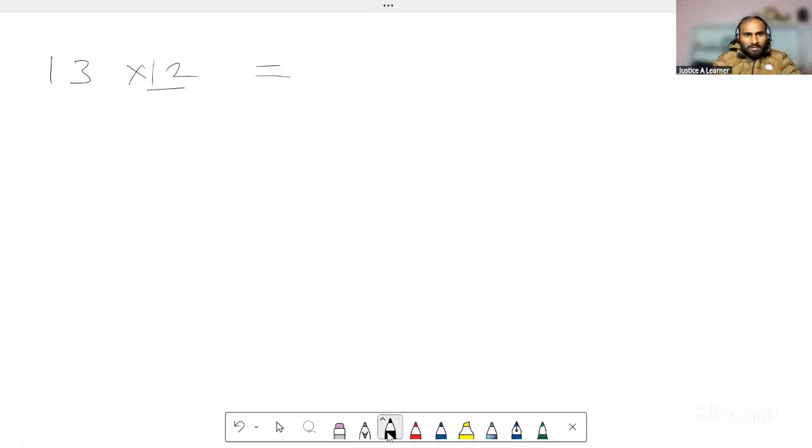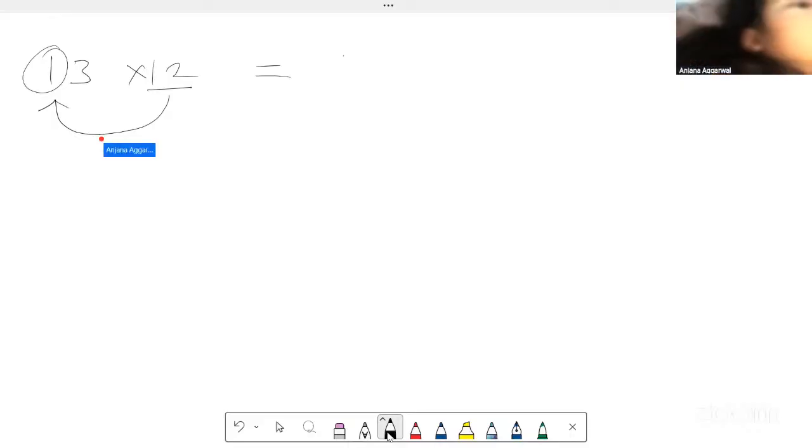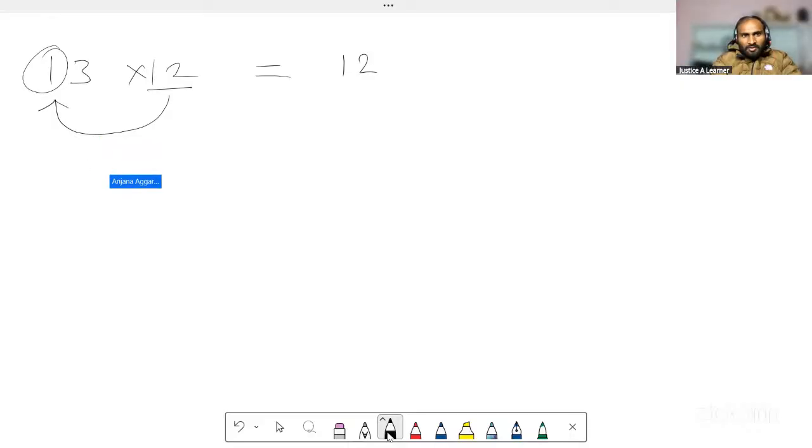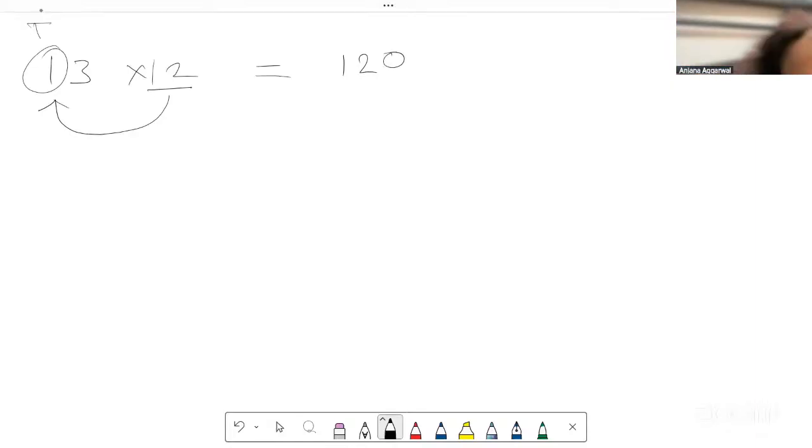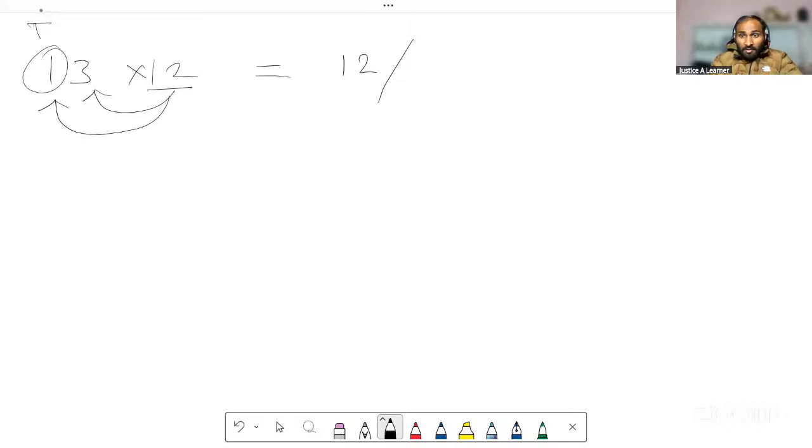So what I do is I just simply multiply this 12 with 1. I have written 12. I can also do 13 multiplied with 1, there is no problem. This is the tens value, right? I can consider a 0 here, but I do not go with this. I simply write 12 and then I just multiply with 3. 12 threes I already know because I know the table of 12. 12 threes, this 3, and then 36. And I know this is the place of ones, so we can only hold one value here.